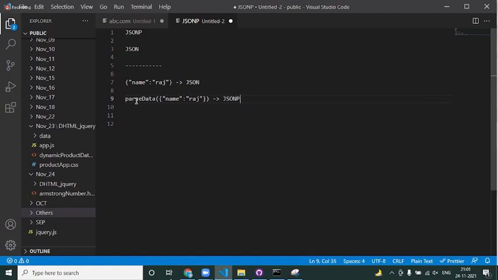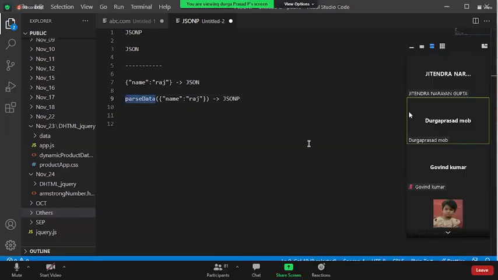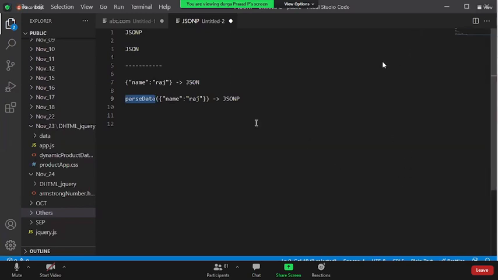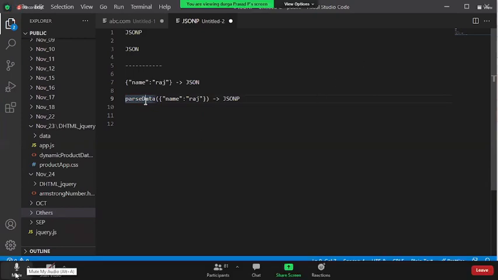Any JSON object which is passed as a parameter to any user-defined method, this is not predefined, it is a user-defined method, we simply call that a JSON-P data type.